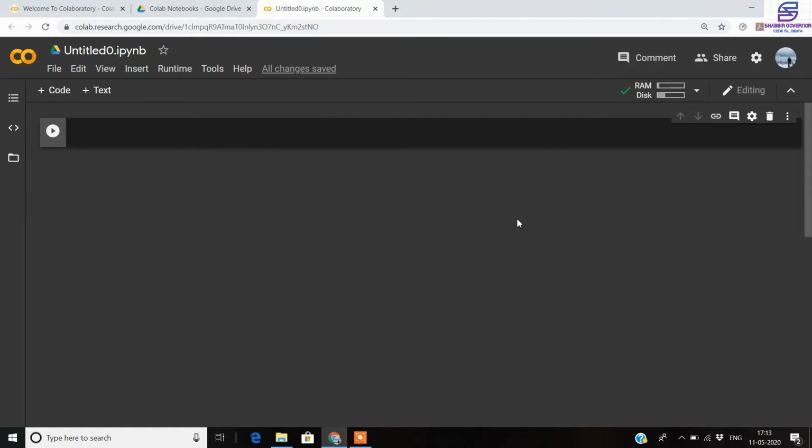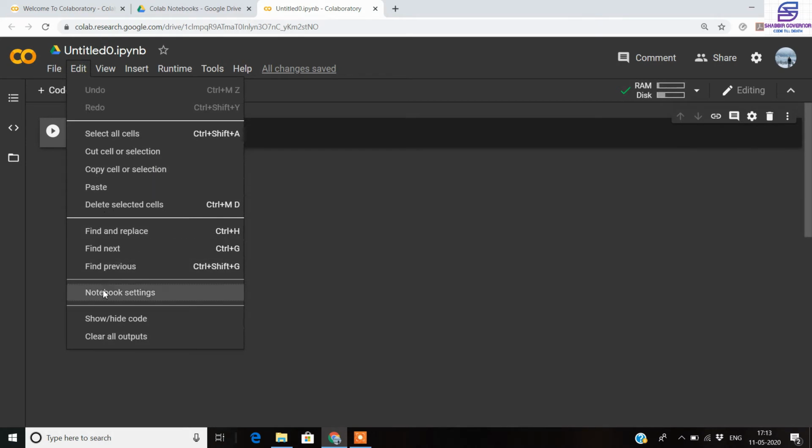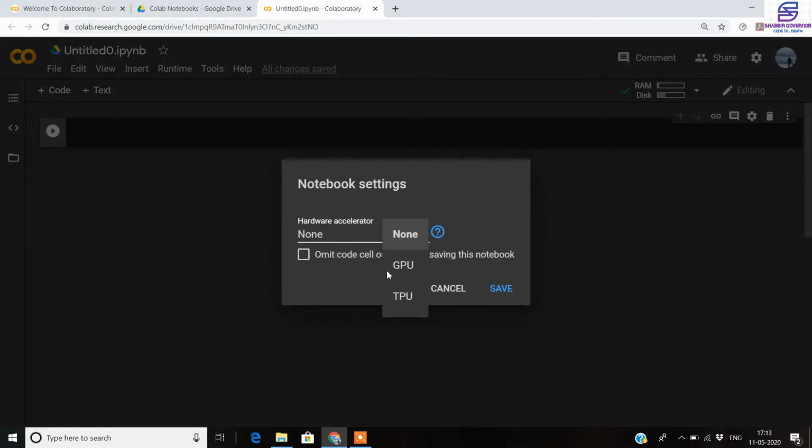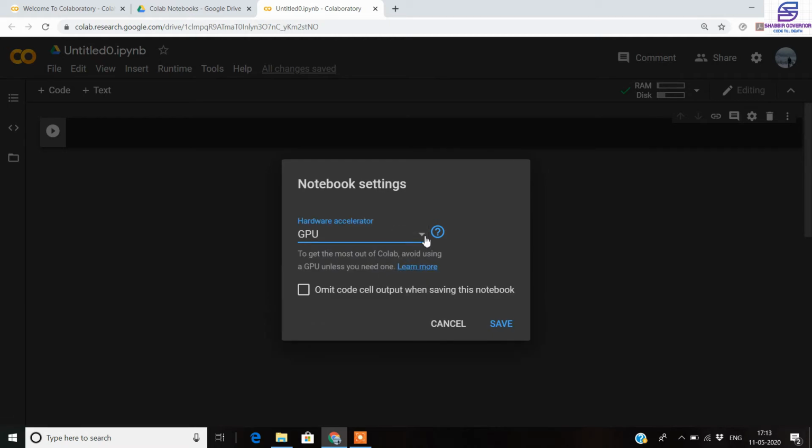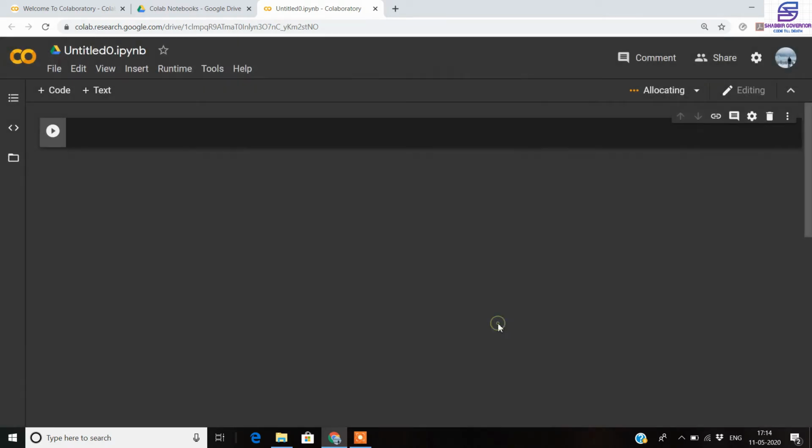GPU, as you know, stands for graphical processing unit, whereas TPU stands for tensor processing unit. And to change the setting for that, you need to go inside the notebook settings, and here in the hardware accelerator you can select the GPU as well as TPU, whichever you like. My personal favorite for processing the training data and the testing data, I go for TPU, whereas for creating the model I go for GPU. So that depends on your choice, and there are various debates on the internet about which one is faster. Both have their own pros and cons, so you can select any one which you wish to.